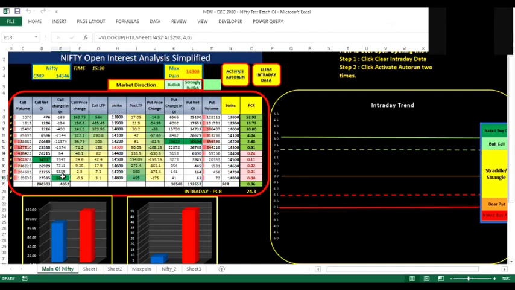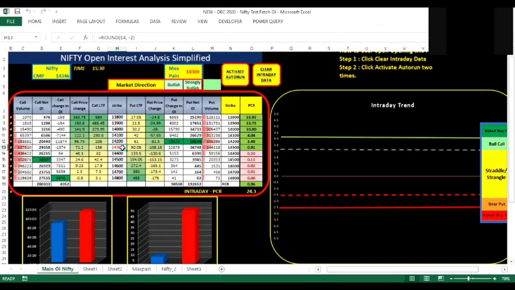Now, of course, since it is 3:30 data, during the day, the highest call writing was happening somewhere at 14,500 or 600. So you could have sold these two options, and you could have enjoyed theta decay. That way premium decay can be used to your benefit. Riskier players can actually sell 14,300 call and put and wait for the day to come to an end. So if theta decay happens, one can make money.